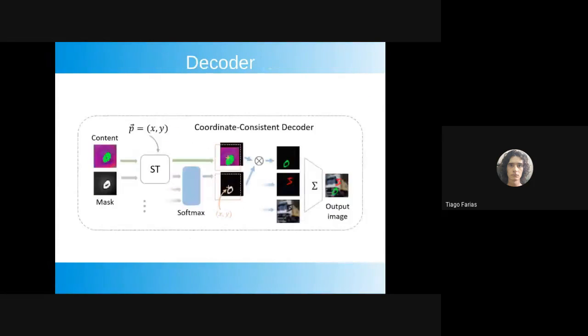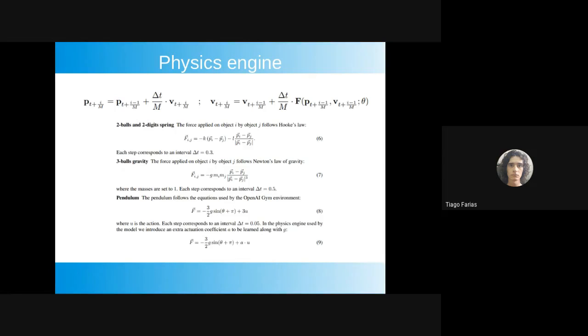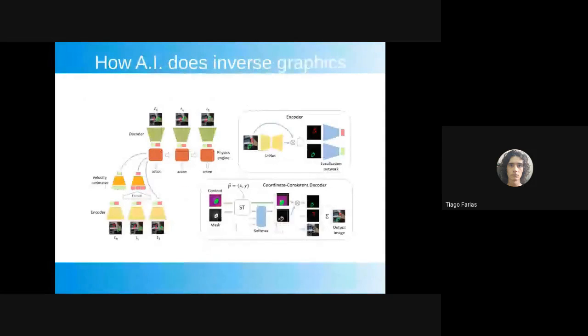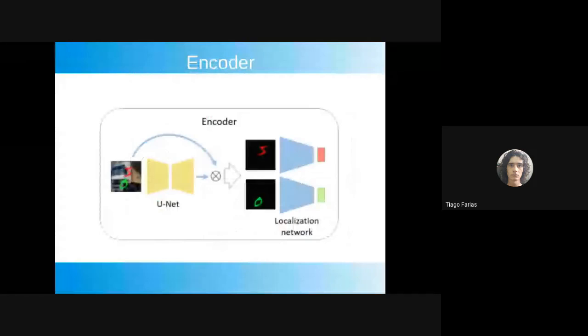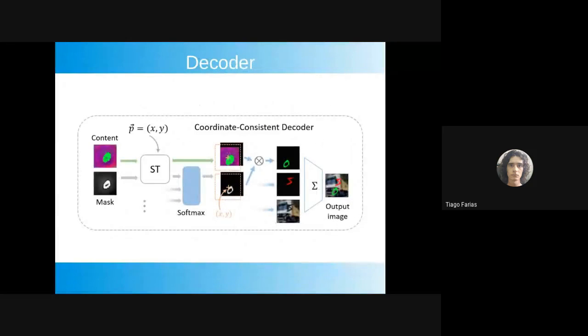The decoder does a lot of things, but what the decoder does is the graphics part. So up until the physics engine, it does the reverse graphics. You get physical properties from the image. Now, the decoder produces the image from these physical properties,